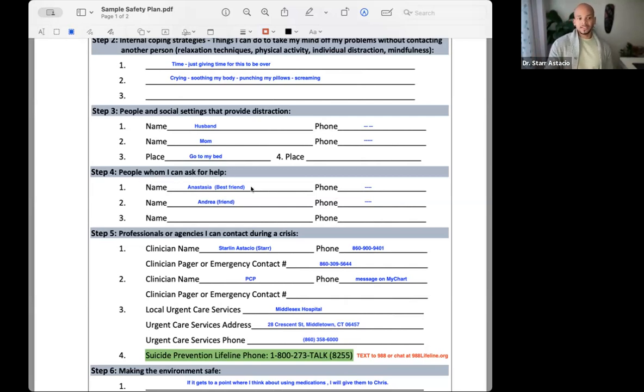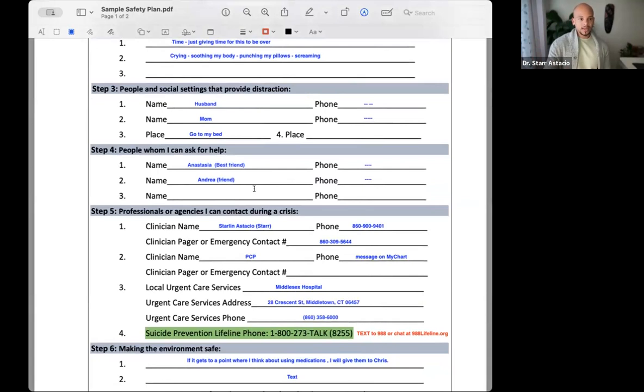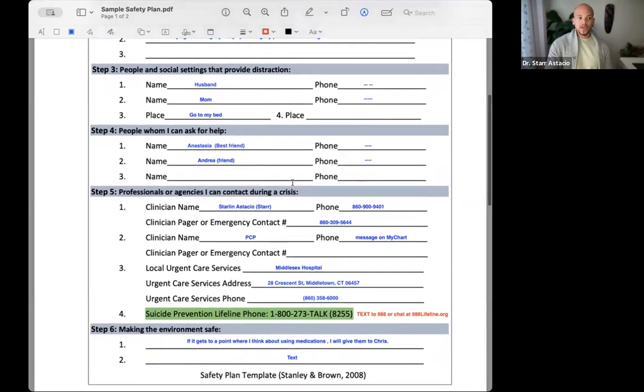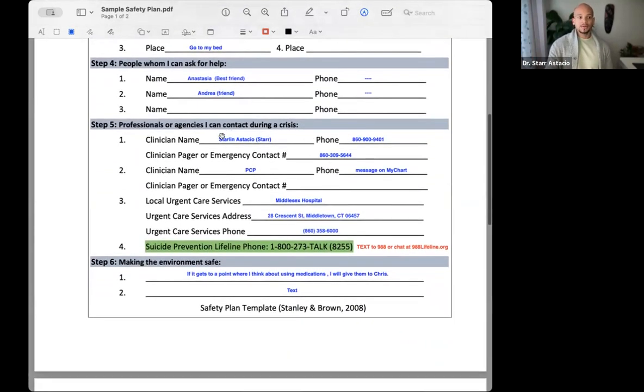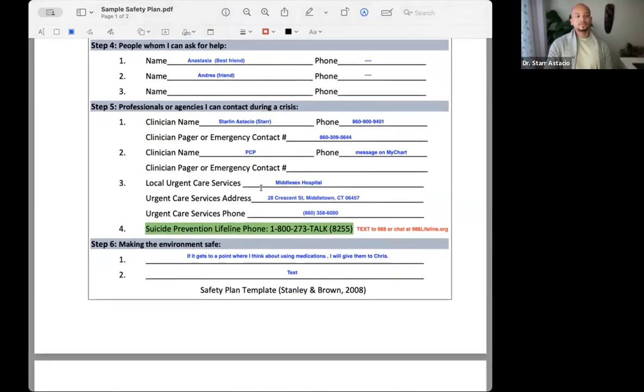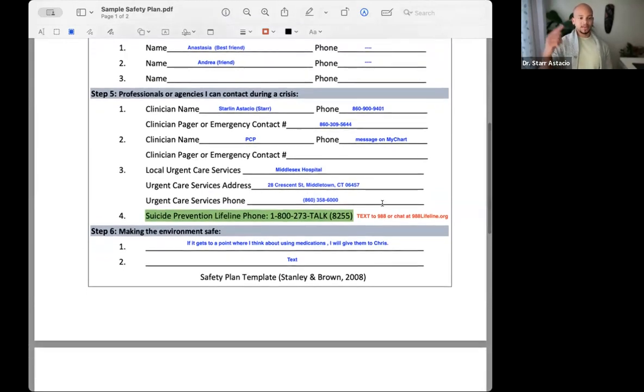People who they can ask for help immediately, somebody who they can call, who will be there for them and can provide some sort of help. And professional agencies, I always include myself. You can include the PCP or any other professionals that might provide some help to them during this crisis. Again, this might be silly, but finding the nearest hospital, writing that down with the client along with the phone number, is super important as well, because again, they're in this spiral